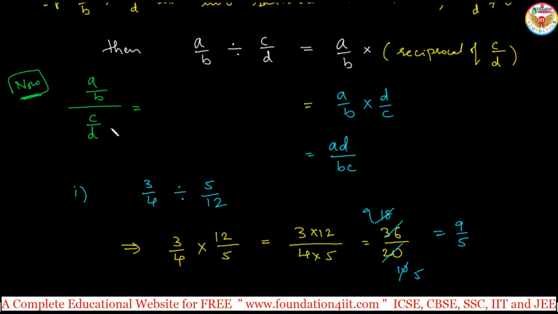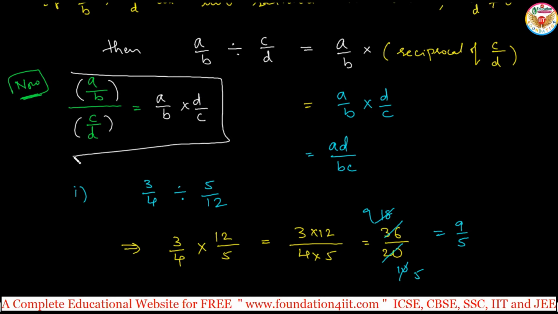Now, any denominator is a fraction; if we take it to the numerator place, that will be the reciprocal. That means a by b into this c by d: the denominator, if we take it up, will become d by c. Same logic, same concept we applied in this. Instead of writing divided by c by d, we can just write the multiplication symbol, and the second rational number should be the reciprocal. Just a small change in this.